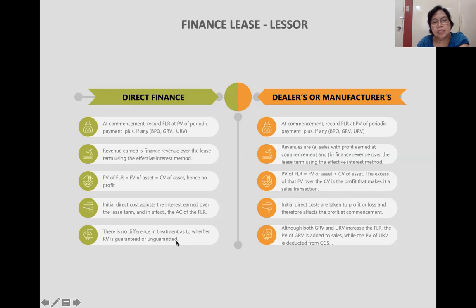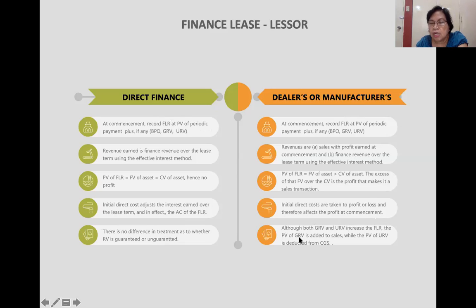And the last one, there is no difference in treatment as to whether residual value is guaranteed or unguaranteed. Such residual value is included in the computation of the gross finance lease receivable and the amortized cost of the finance lease receivable. So there is no difference. So under dealers or manufacturers lease, both the GRV, meaning the guaranteed residual value, and the unguaranteed residual value increase the finance lease receivables